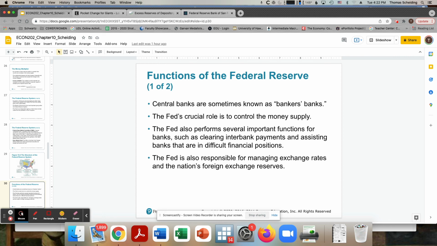Now, there's other things that the Federal Reserve does as well, and they are important. It is a bank for other banks. For instance, when you write a check, it manages the writing of that check. That actually used to be the way that the Federal Reserve made most of its money, by processing checks. When I was there, it made about 76 cents for every check that was processed. People aren't writing as many checks anymore.